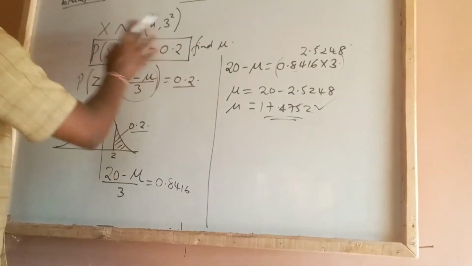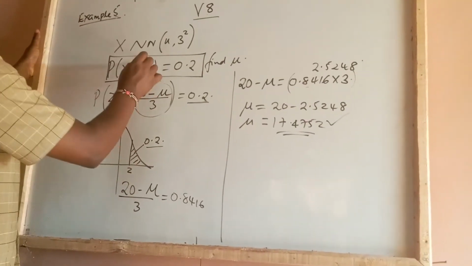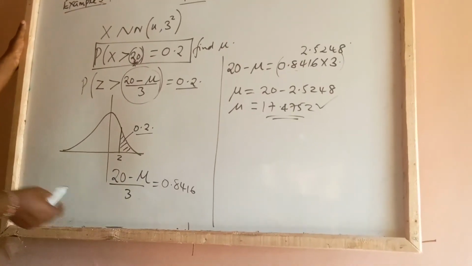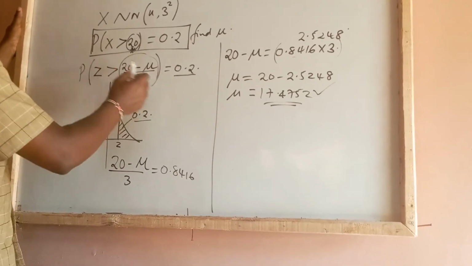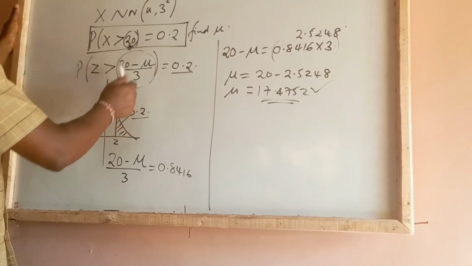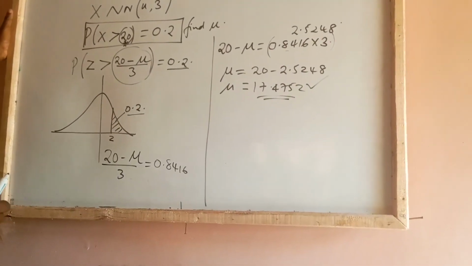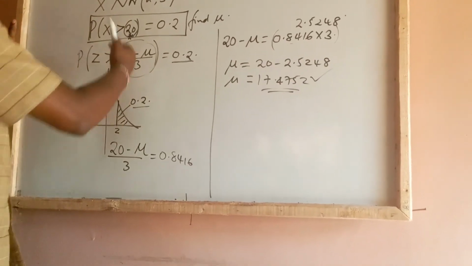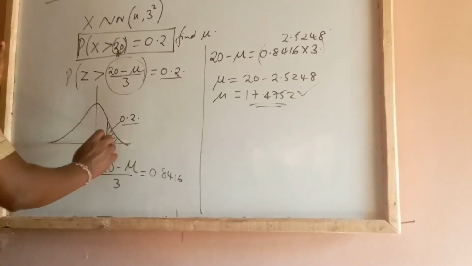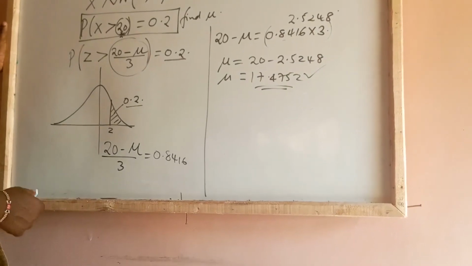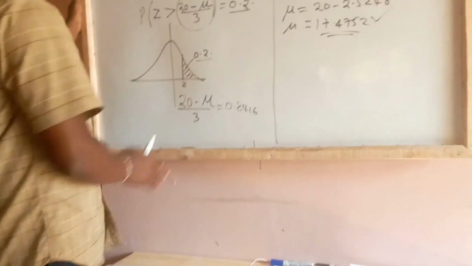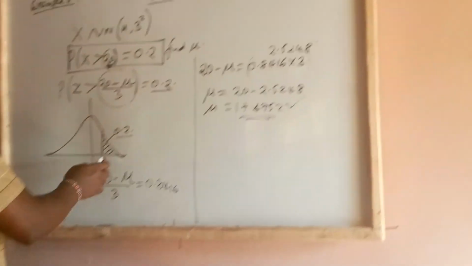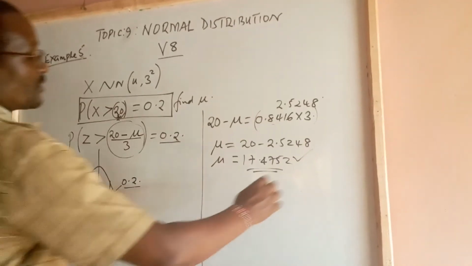But the most important thing here is that we did not have our z, so our unfamiliar boundary is 20, which has to be converted to z through the method that we learned in the previous example. This diagram is also very important because it gives you a hint of where z lies. Right now we know our z is positive, and there it is. So our mean